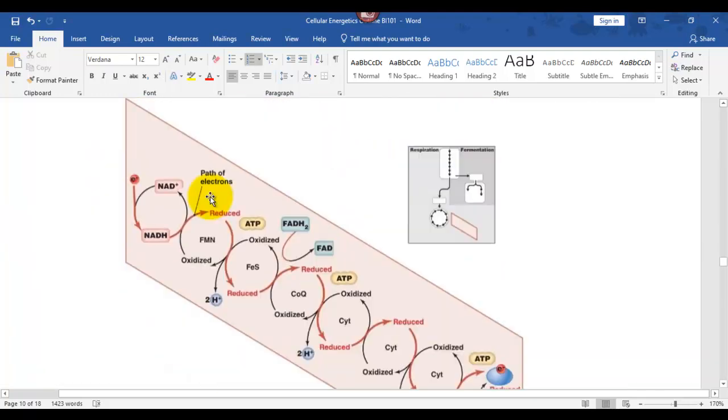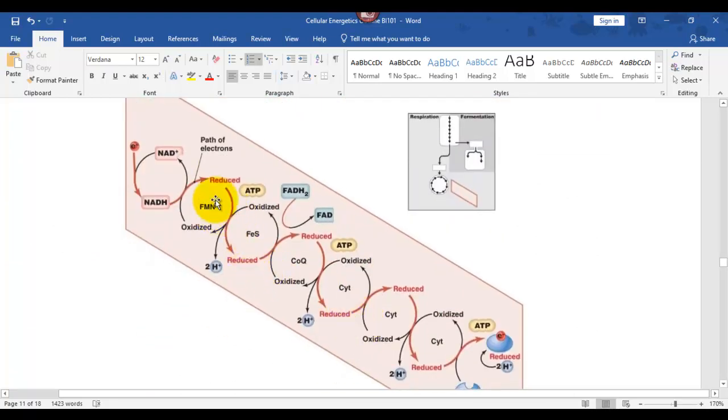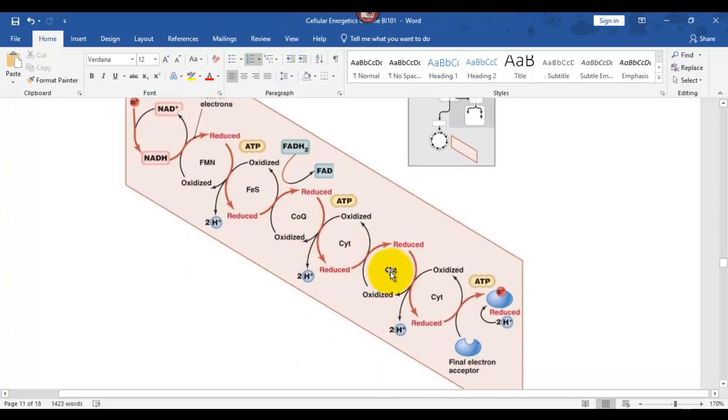And I thought I had that. I guess it's on the bottom here. So this is the electron transport chain. Yeah, look at all of these enzymes. And I was talking about